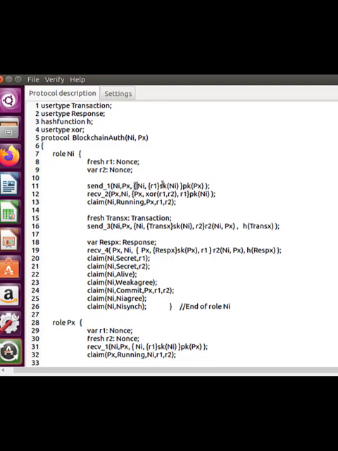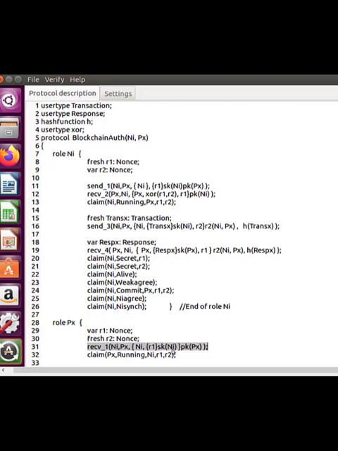This is how the encryption construct is denoted: opening curly brace, closing curly brace. This will encompass the message that we want to encrypt, and PK is the keyword used to denote the public key of PX, to which it is sent. PX will receive the message with the same construct because the message has to be of the same structure. So once it receives it,